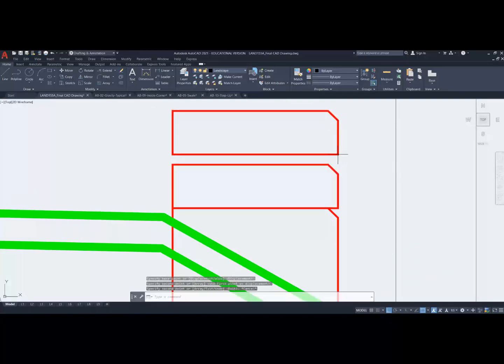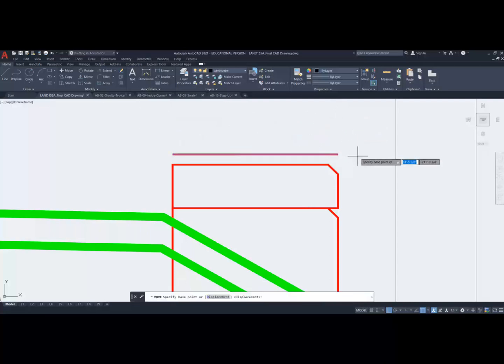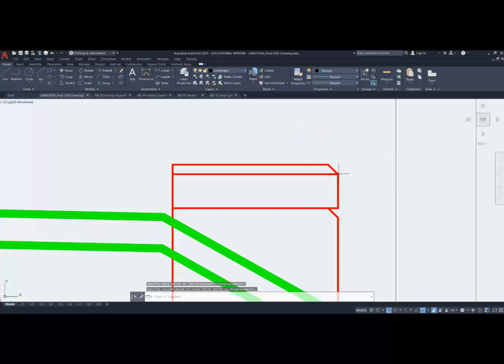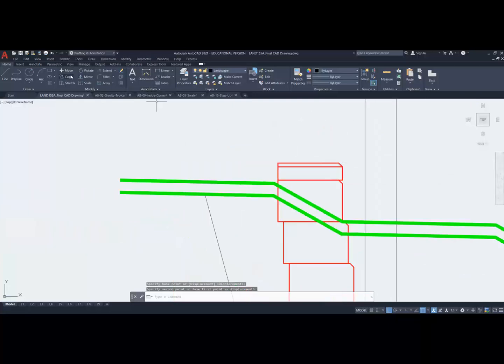I just need that line. That's a polyline with the right specifications, the right thickness, and everything else. So here, let's see if I can remove enough of these vertices that will allow me to do that. Yep, and then I can move this line to where it should be, which is here. And then I will copy that